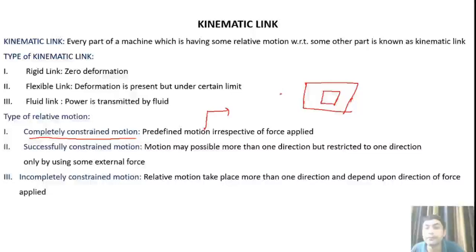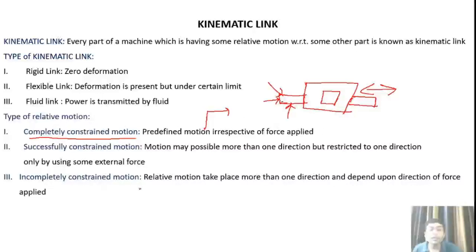If a rectangular shaft is inserted through this hole, then you may apply force in any direction, from this direction, from these directions, you obtain a single output in this direction. One can say that in a constrained motion there is only one direction of output,